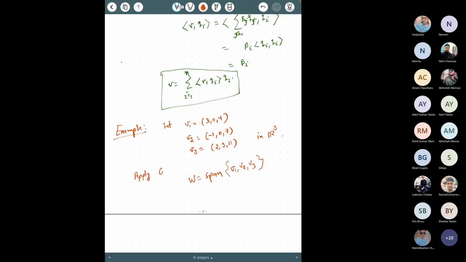Let's say they are linearly dependent. From v1 you will get q1, if v1 is non-zero. If it is 0, then you skip v1, start with v2 and call that q1, and then keep on moving. If v1 is non-zero, you get q1. Then you look at v2 and apply the Gram-Schmidt process, that means find q2.